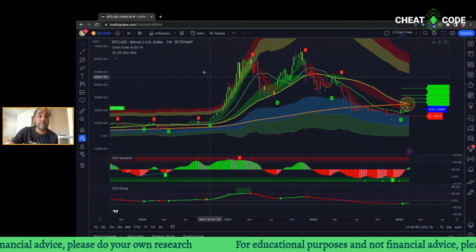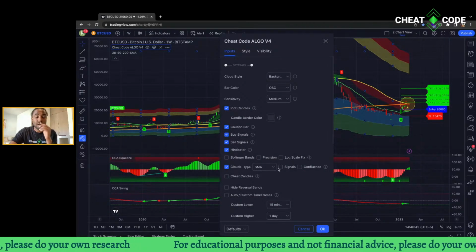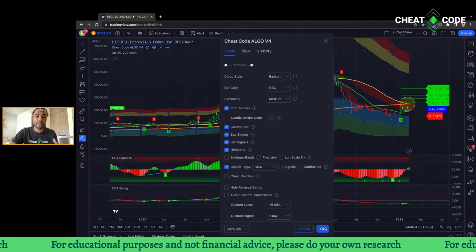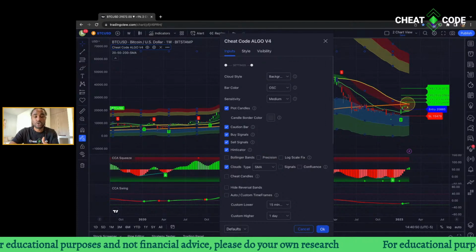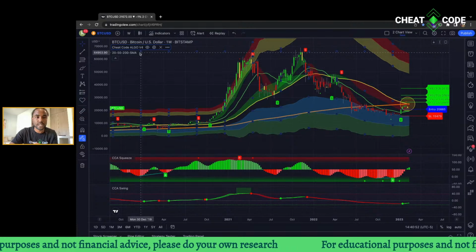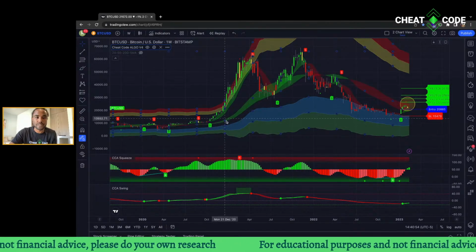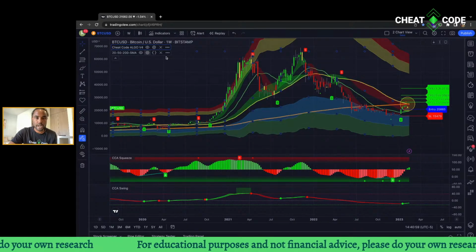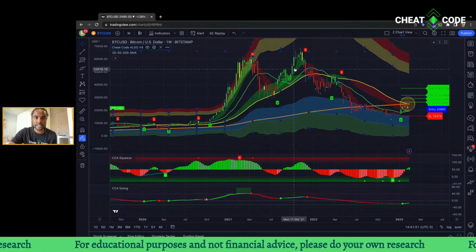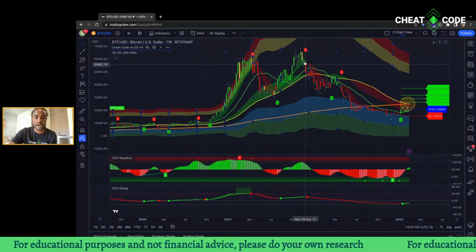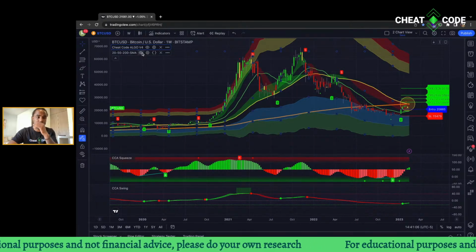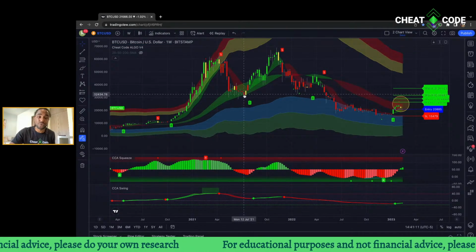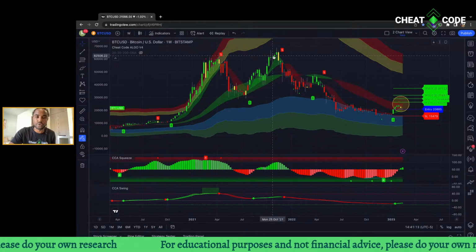Also, with the cheat code algo, I have on my SMA trend cloud. Since I'm using the 20, the 50 and the 200, you'll be able to see those with the trend cloud. If I move these lines, you can still see the 50 here, as well as the 20, how it's given its support here. It rallied here and gave this trend support. This trend cloud is similar to your moving averages, so if you don't have your moving averages on your screen, you can always use cheat code algo. It's going to let you know where that trend is.